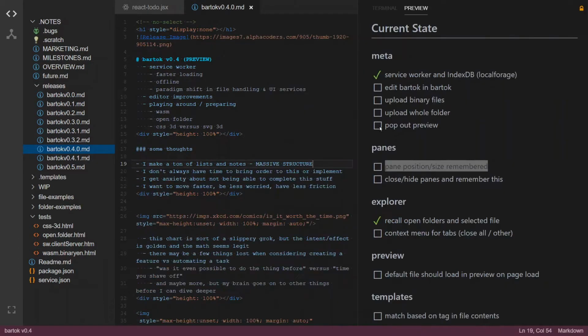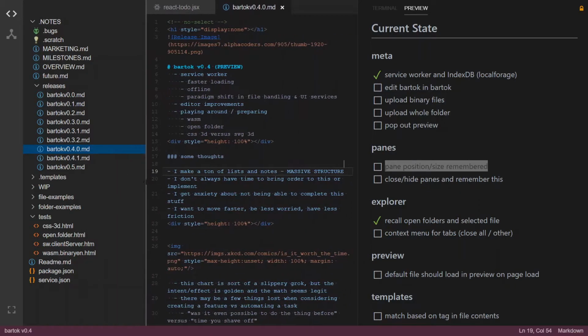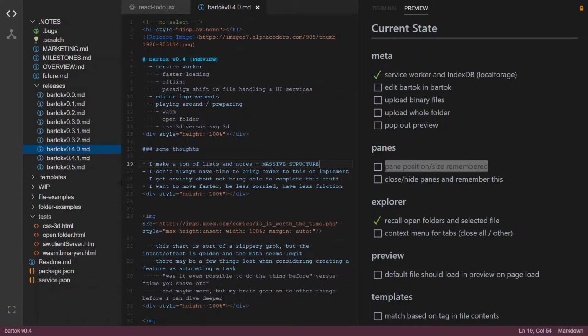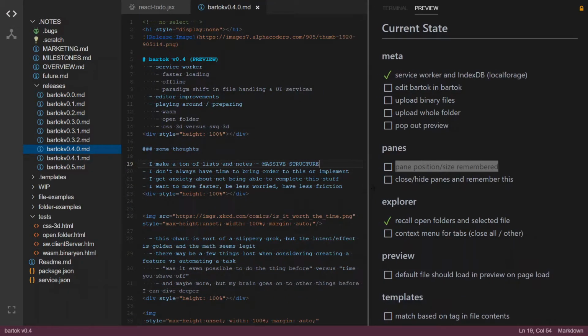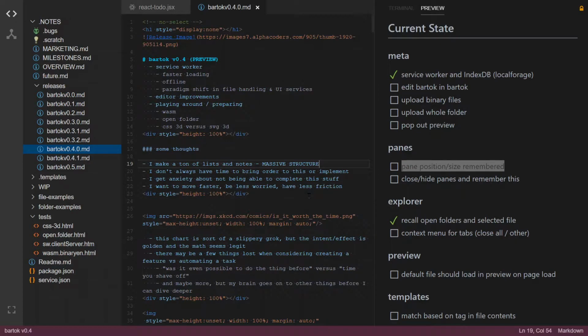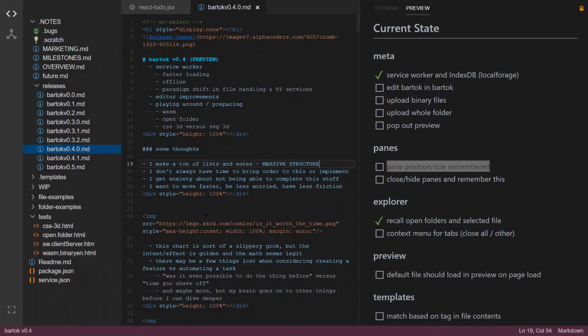But what I've noticed is whenever I hit refresh, I have to go back and reposition the pane the way I want it. Say I wanted this thing to be really wide here or whatever. I don't have this in place yet, but following on soon, I'll be having these panes remember their size, given that the window is the same width or whatever. So that's something I'm working on. One of the cool things, and this is going to kind of lose my place in the preview here, if I hit,